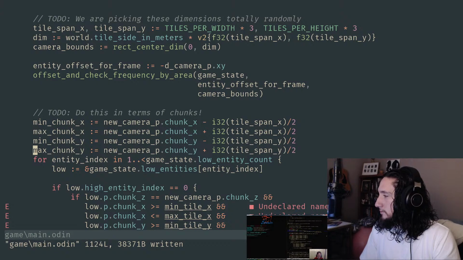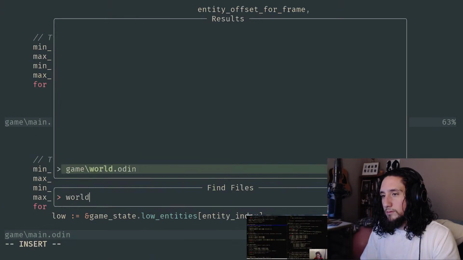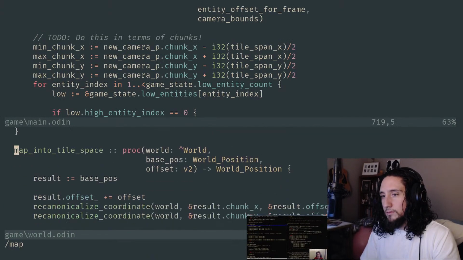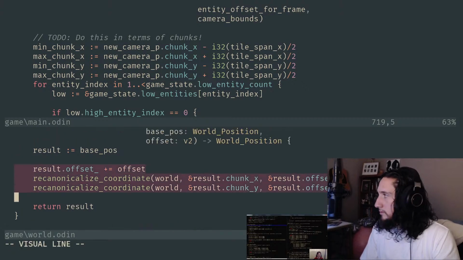And so what I think we want for that is ideally a function that could do that for us, right? If you could imagine saying, okay, we already have the ability to do that mapping. In our handmade world, we have the mapping to tile space function, right? And that function basically takes a base position, which was the camera, and an offset, which would be either of the corners of a rectangle, and that would produce those chunk offsets that we need. That would tell us what those chunk offsets should be.